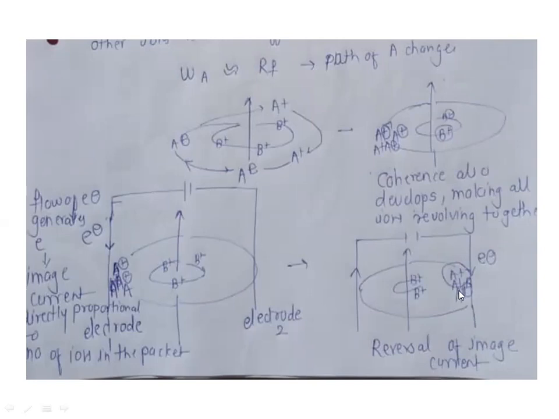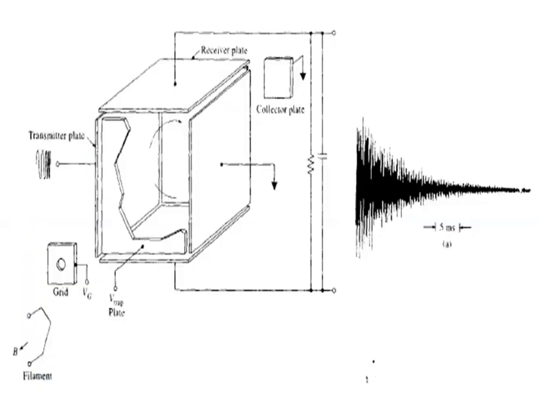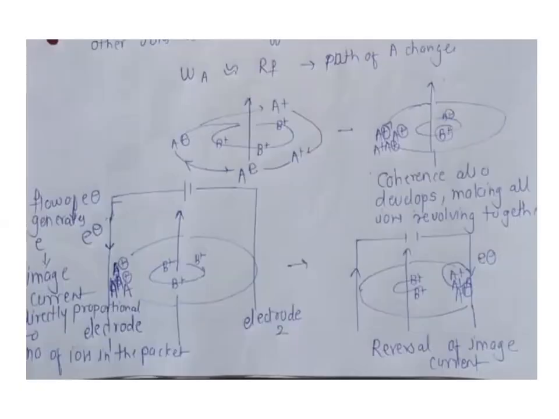Now your task is not to measure only A plus. We are going to measure A plus, B plus, and whatever ions are being generated out here. For this reason, a ramping RF pulse is applied. We are going to provide all the frequencies required for bringing all those ions into resonance, meaning all those ions get the frequency required for changing their path. So what's going to happen? We have a packet of A performing certain revolutions, a packet of B also, C also, and they are going to move now in a coherent fashion.